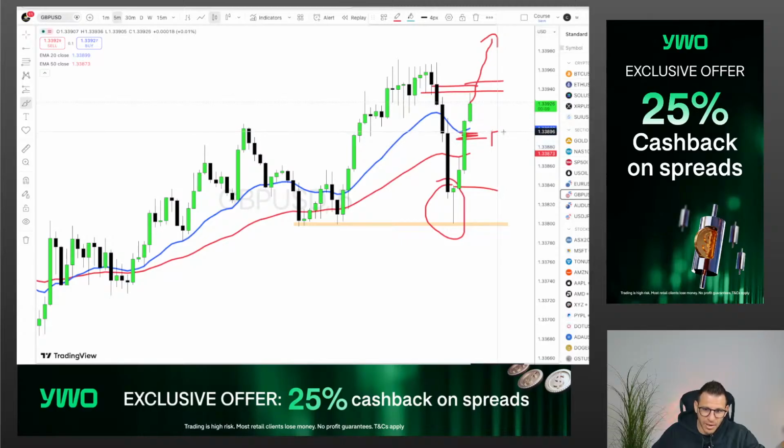Okay, you buy here. Where are you going to place your stop loss? You're going to place your stop loss down there, so you allow the trade to make any move before it takes over. And if you put your stop loss at the bottom here, below this pin bar,